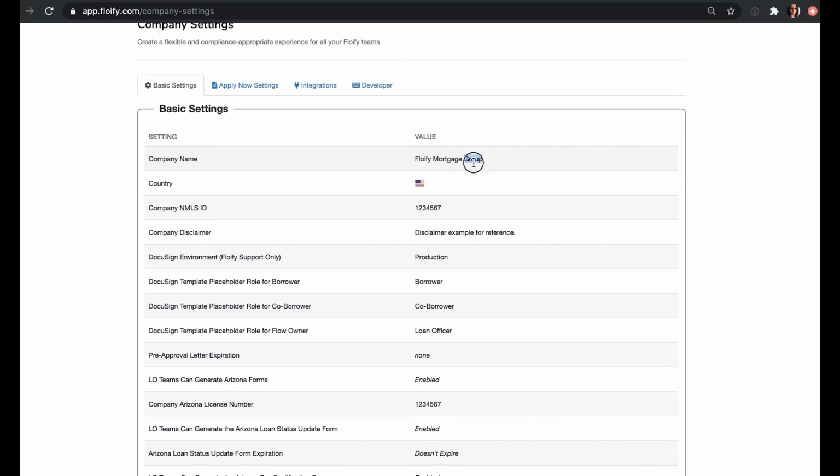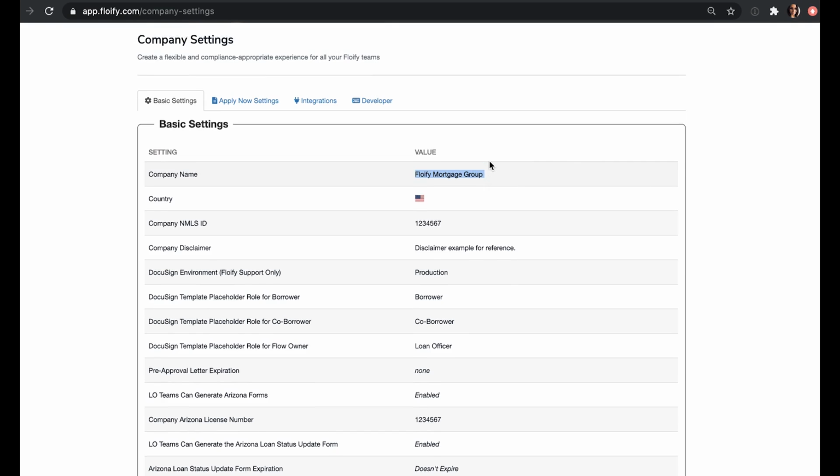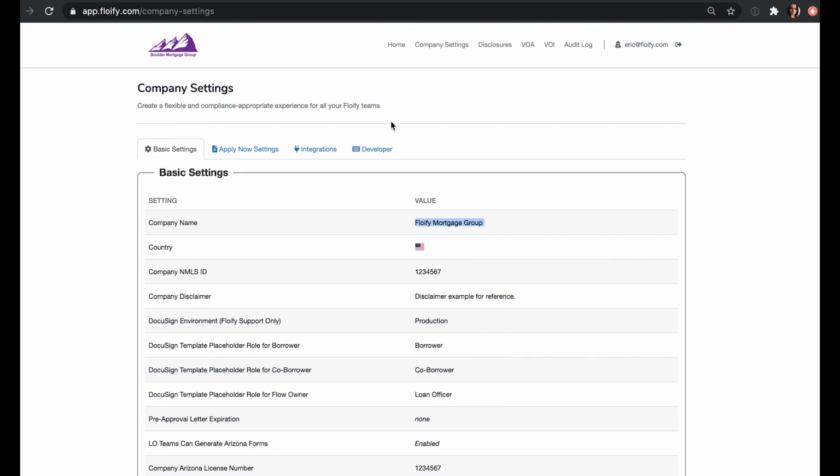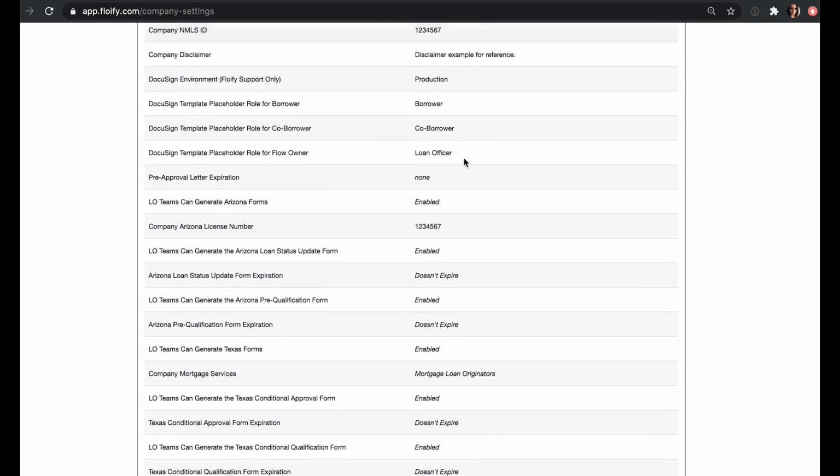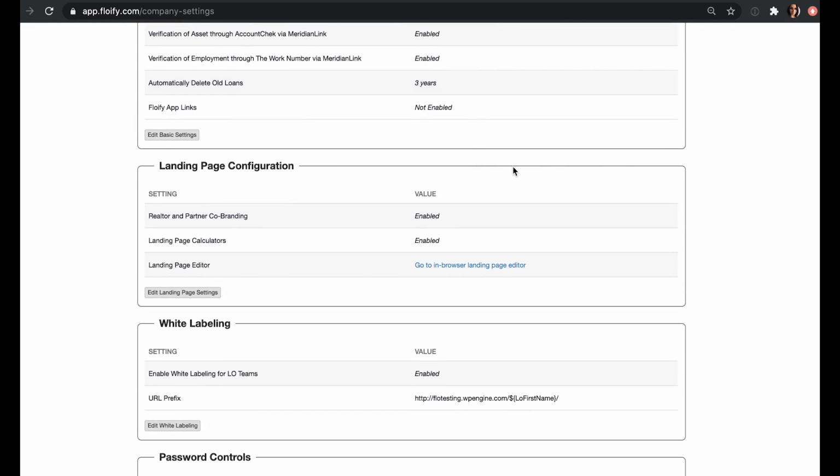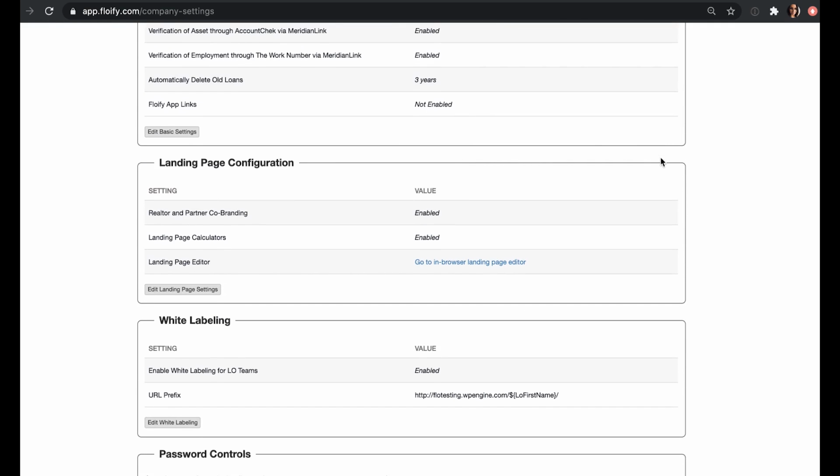So if I change the company name on this company dashboard, that's going to change it for every single team that's on my company. Same thing for NMLS. And some of these configurations here